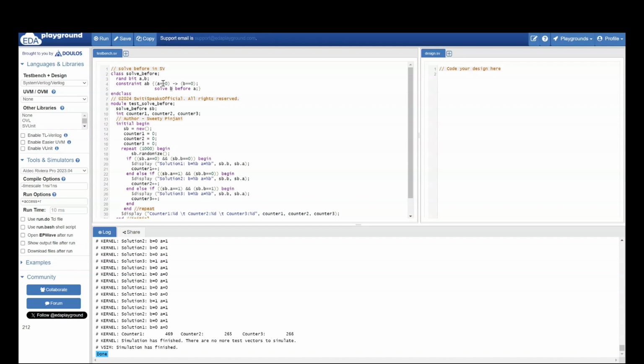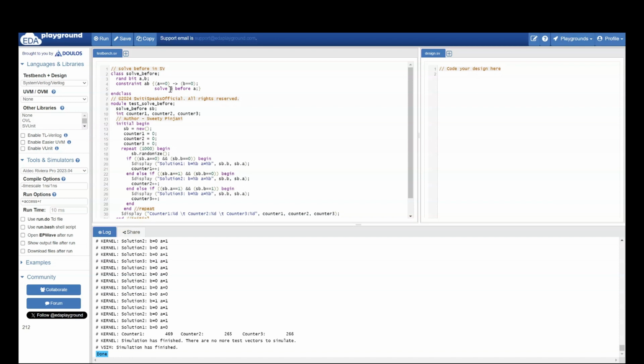If you see, it says A equal to 0 implies B equal to 0. It doesn't say B equal to 0 also implies A equal to 0. It means when B equal to 0, A can be either 0 or 1. Both things are possible. So the total probability of B equal to 0 was half, and the probability of A equal to 0 when B equal to 0 is one fourth, and the probability of A equal to 1 when B equal to 0 is one fourth.